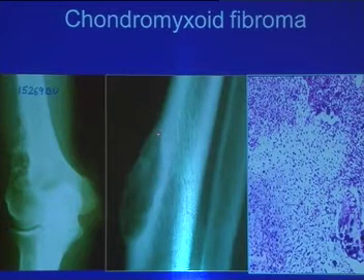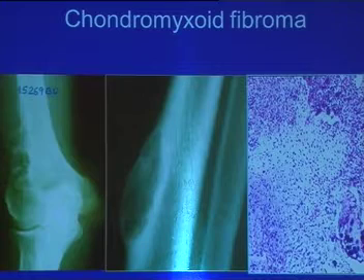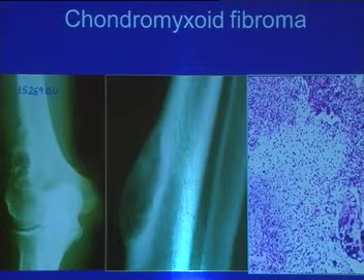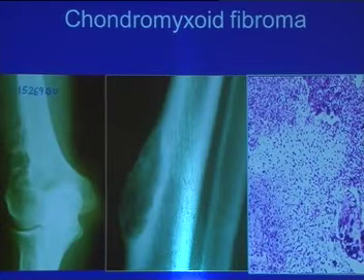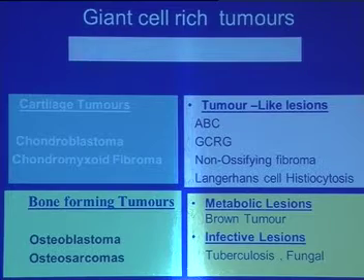They often show a sclerotic medullary border, and histologically chondromyxoid fibromas can have giant cells. Although it's not very rich in giant cells, in a biopsy it's quite possible that I may get an area which is not so chondromyxoid and which is more giant cell rich, and hence I thought I should include this too in my discussion on giant cell tumors.